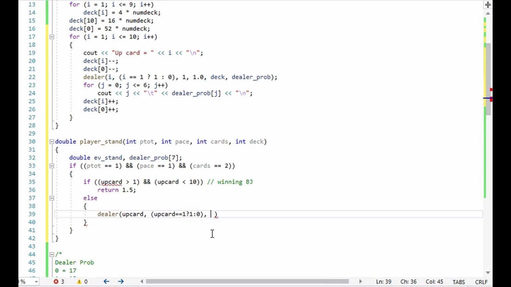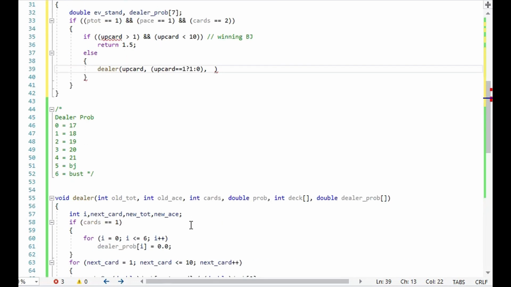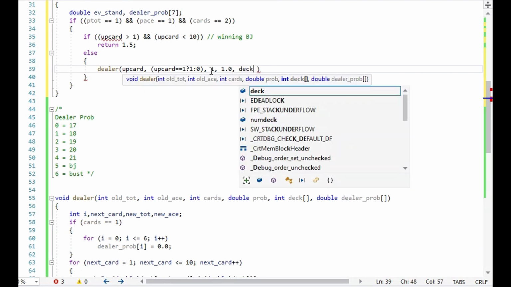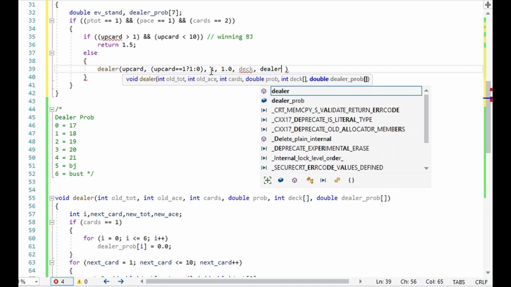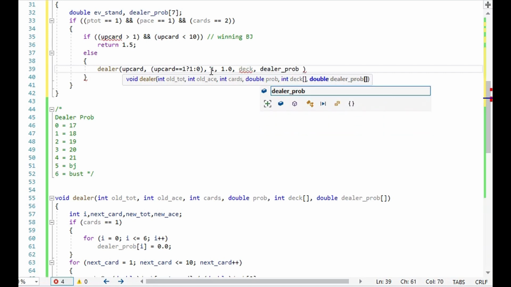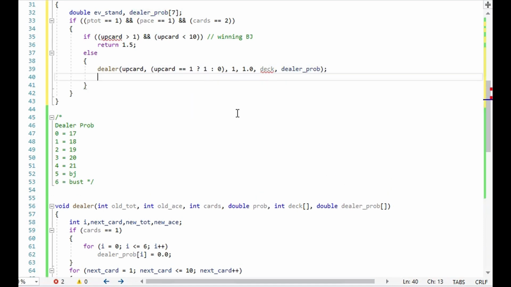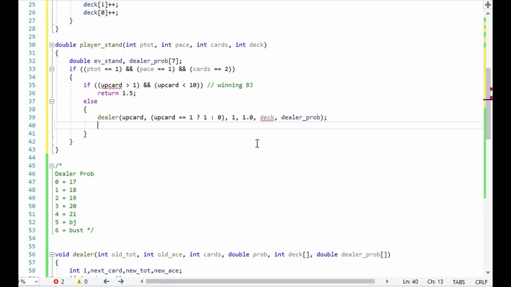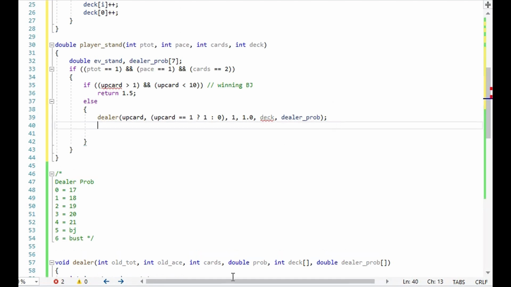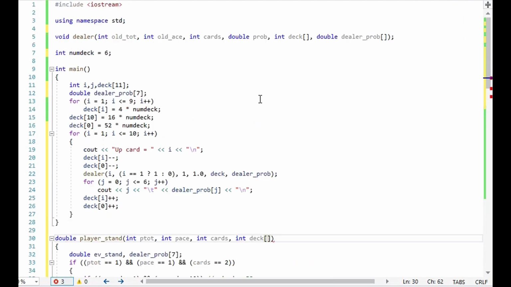Next, we pass to it, let me remind myself, the number of cards, which is 1, 1.0 for the initial probability, the deck array, and the dealer probability array. And I forgot to declare deck as an array, and before I forget,